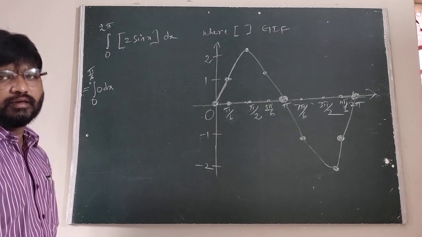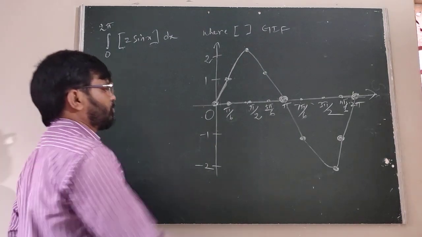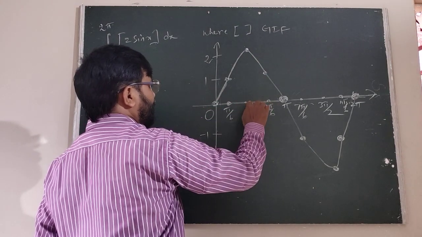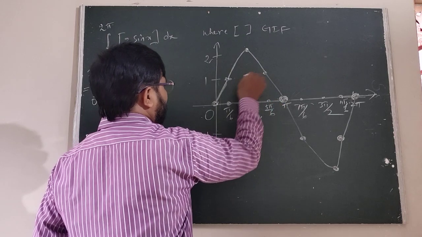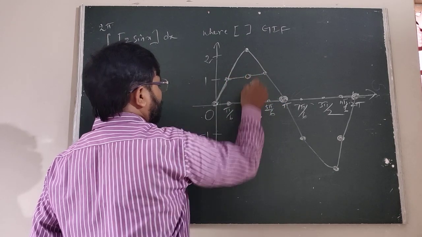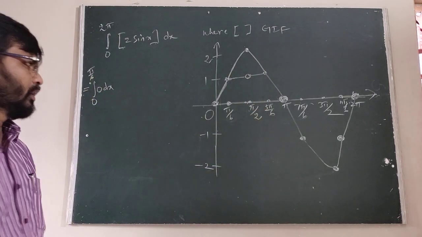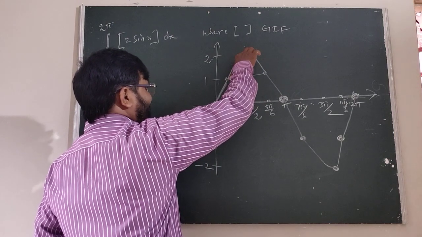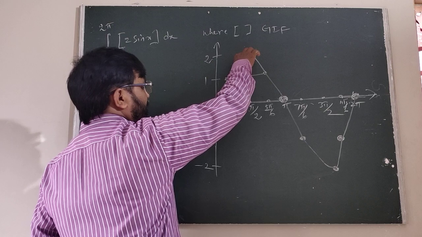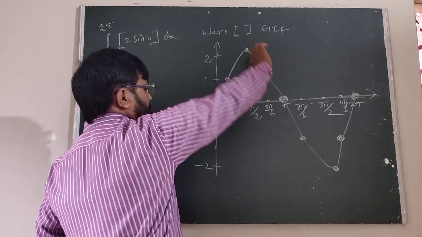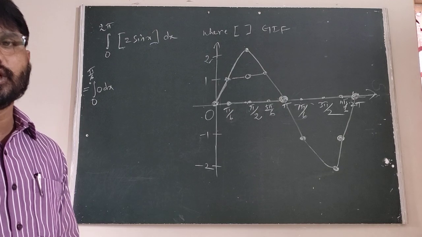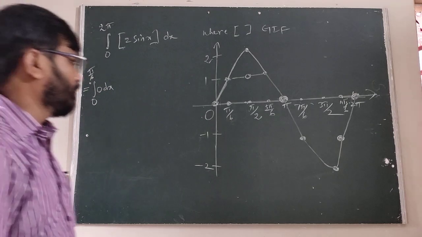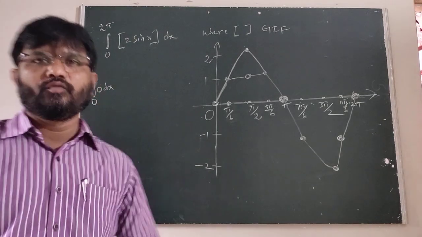When we are taking this part, pi by 6 to pi by 2, all of you listen here, it is 1. At the same time, we have to take the pi by 2 to 5 pi by 6 region, except this whole. So don't take exactly 90. Therefore, when we are taking pi by 6 in between 0 to 2, at the same time we have to take here 5 pi by 6 to pi. The 5 pi by 6 to pi, there also undoubtedly we got 1. Therefore, then you can write it directly: pi by 6 to 5 pi by 6 is 1.